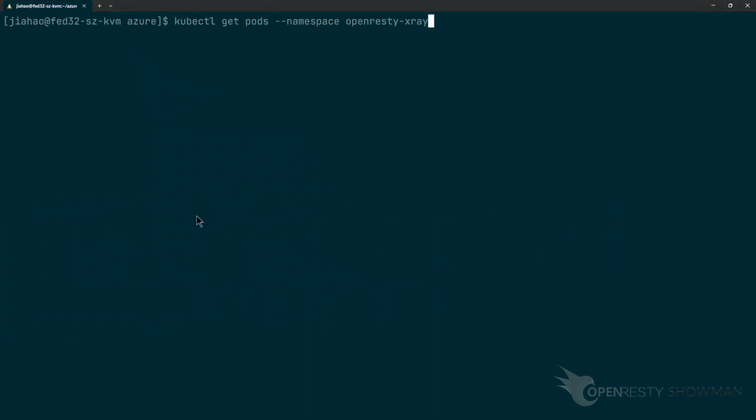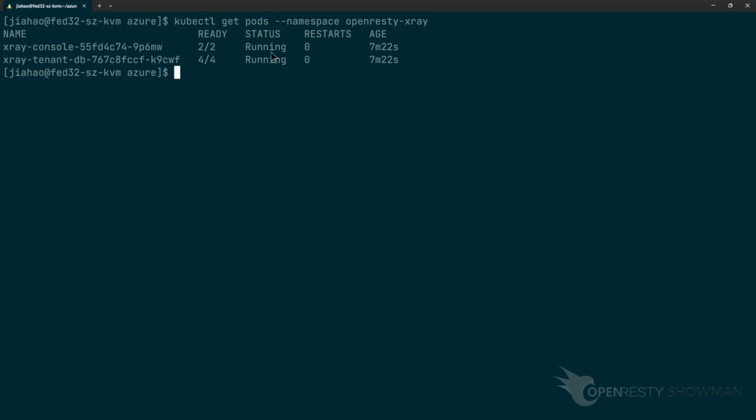Check the service status using the kubectl get command. Running means that the deployment was successful.